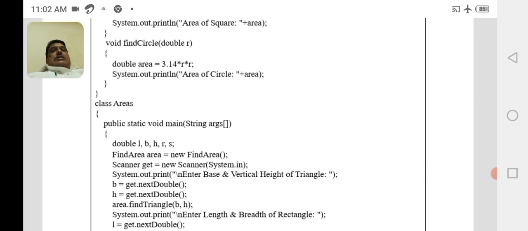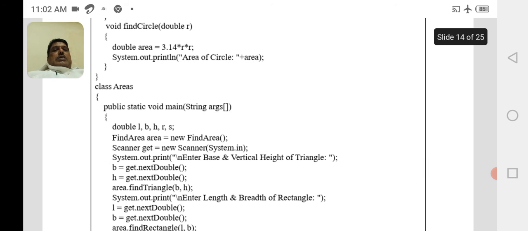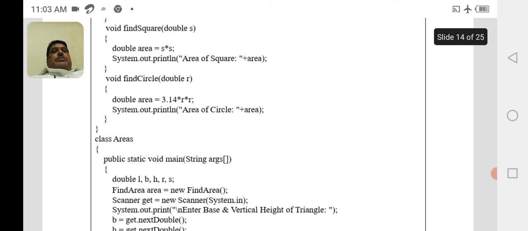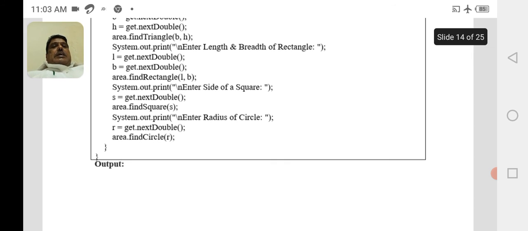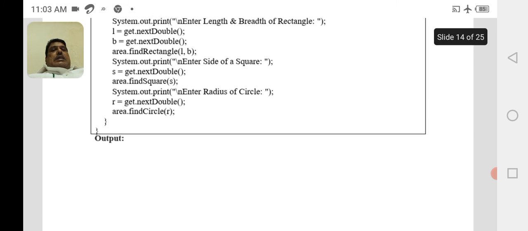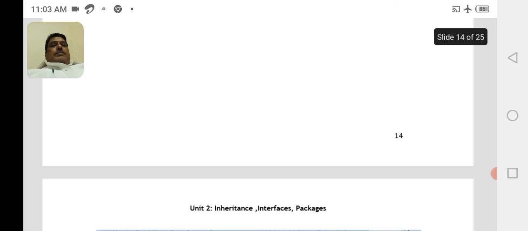In the main class Areas, public static void main, we have the object reference variable of the subclass: FindArea area = new FindArea. With that object reference variable, you can call the methods present in the subclass and you will get the corresponding areas of triangle, square, rectangle, circle, and so on.